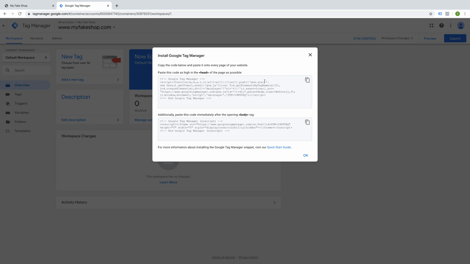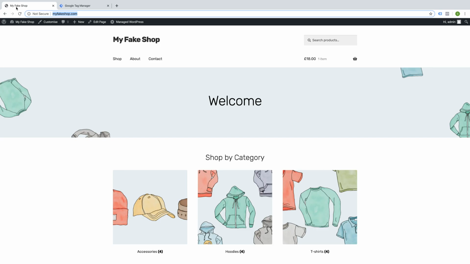If we click on it, we'll have these two pieces of code. One piece of code needs to go into the head of your page, and one piece of code needs to go into the body. So I'm going to copy over the head code. Make sure that's copied. I'm going to go over to my website,